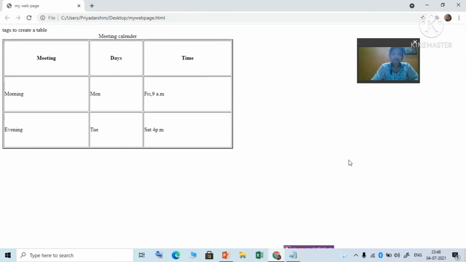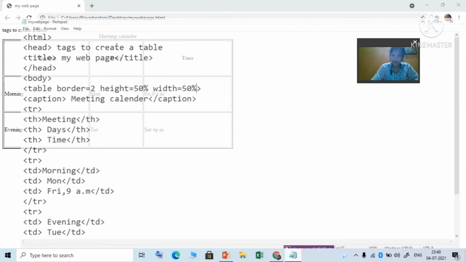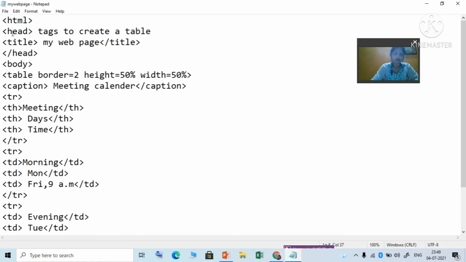Okay. So now you can see the table. This is your caption, and these are the heading tags used to create a table. But the heading you can modify if you want. Headings are of different types, H1 to H6.